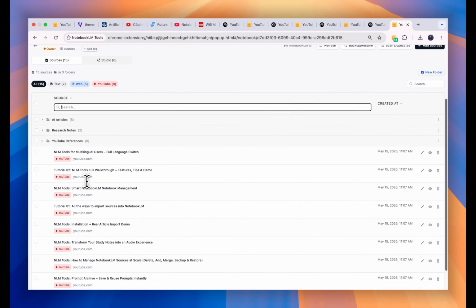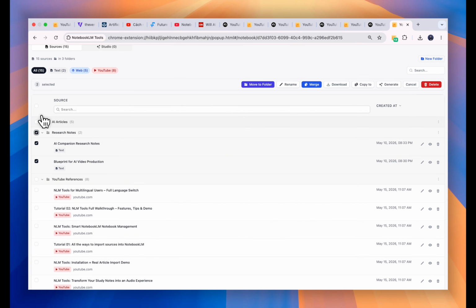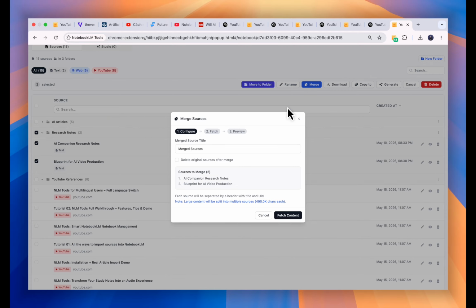Here I have two text sources, one called AI Companion Research Notes, and another called Blueprint for AI Video Production. Instead of keeping these as two separate notes, I can select both of them and merge them into one source. So I'll select the two sources, click Merge,